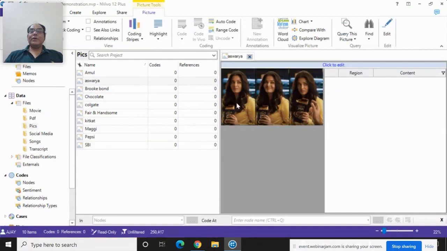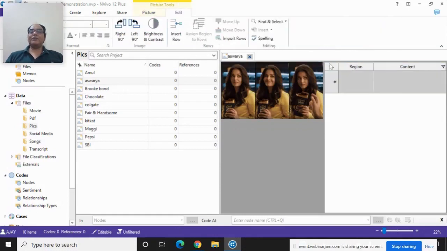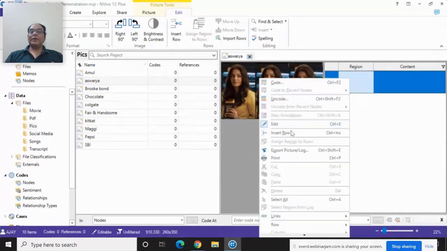Okay, so here in this picture, you can see that there is Aishwarya Rai here, and I want to analyze this picture. So what to do? I click on click to edit first. Then I find the different contents in the picture. Like this content is showing you the, so just insert row.